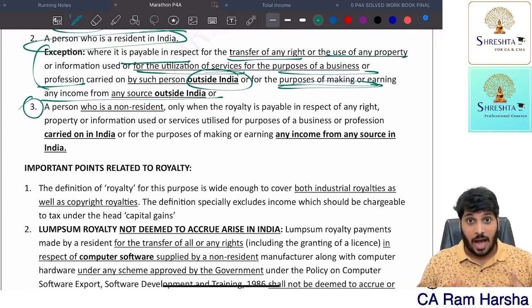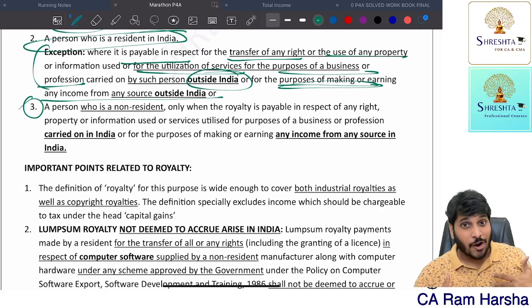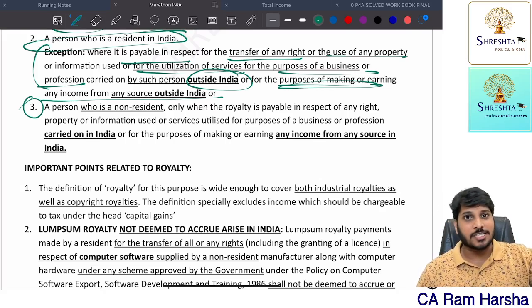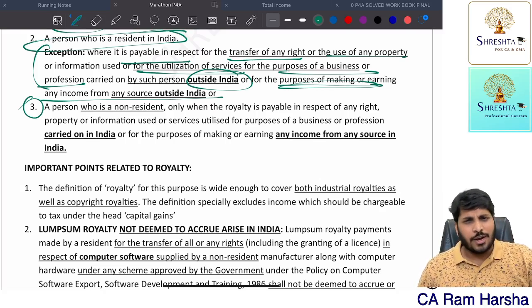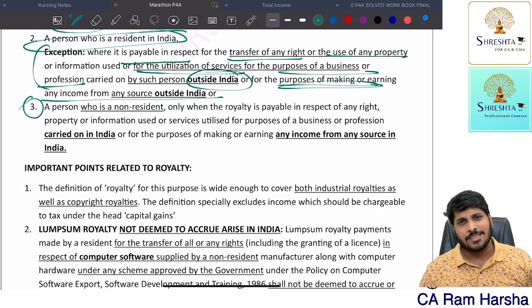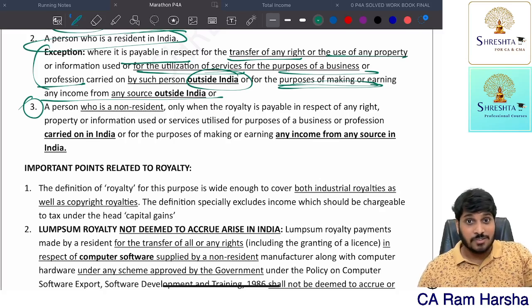Suppose I am receiving royalty from a non-resident. I'm a non-resident and another non-resident is paying me royalty. So both of us are non-residents, for example. So a non-resident is paying me royalty. This is not deemed to accrue or arise in India. However, the royalty which I'm receiving from a non-resident,